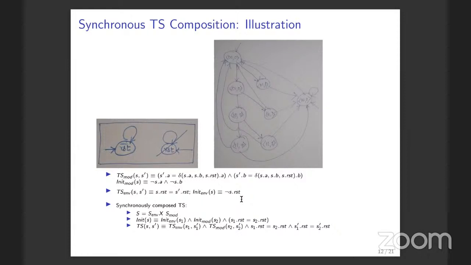Yeah. And that means that you can have A is equal to 0, B is equal to 0, and reset has to be 0, okay? The reset, the S1 reset and S2 reset, they are identical, I mean, they're equal. So it is 0. Now, once you have the initial states defined,